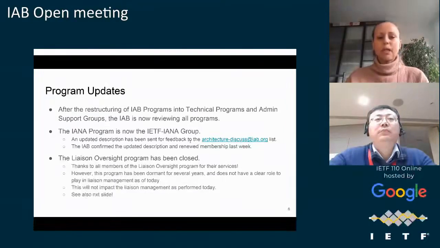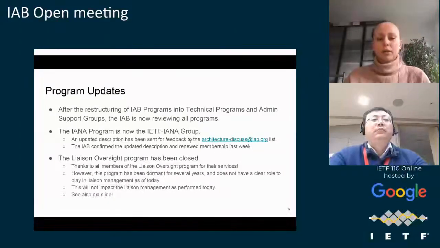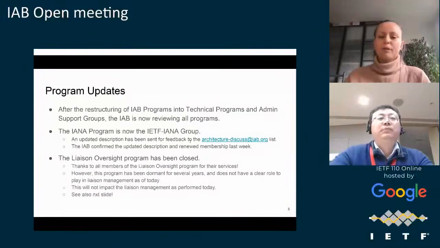The other support group, or previous program, is the liaison oversight program, and the IAB decided to close this program. First of all, we would like to thank all program members for their service. This program has been dormant for many years. There was really no activity, and that's because, even though the name seems to suggest it, the program wasn't involved in the actual oversight of the liaison management.